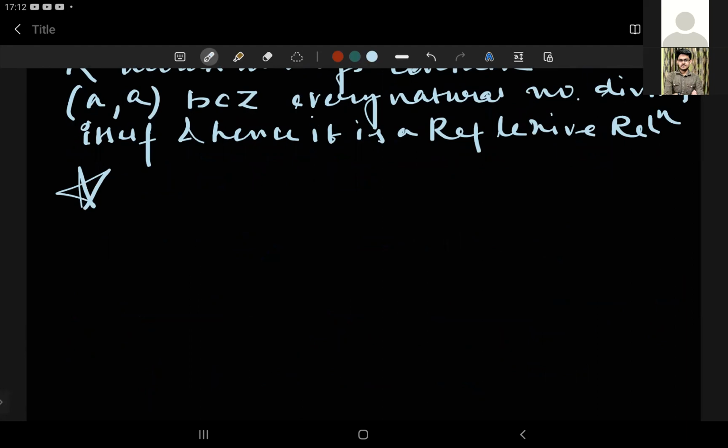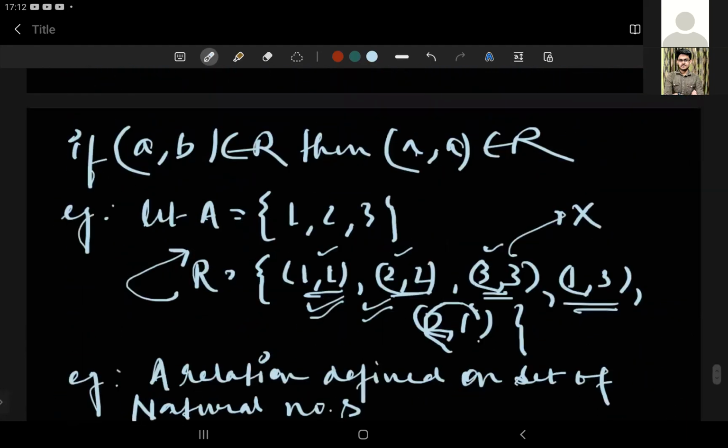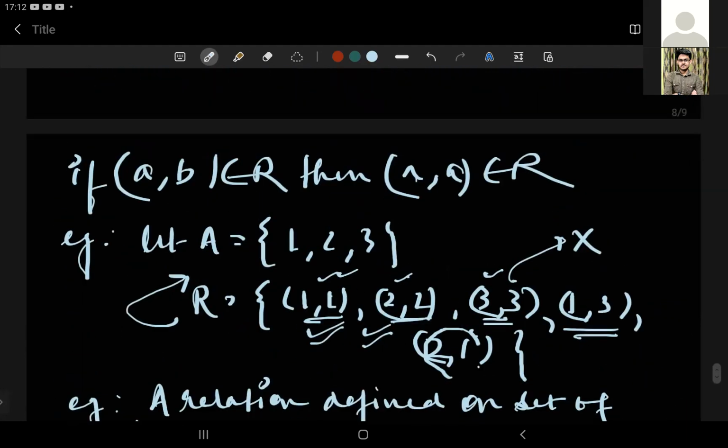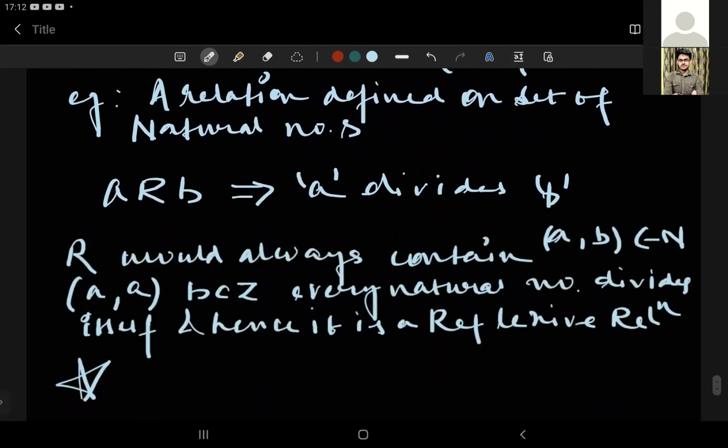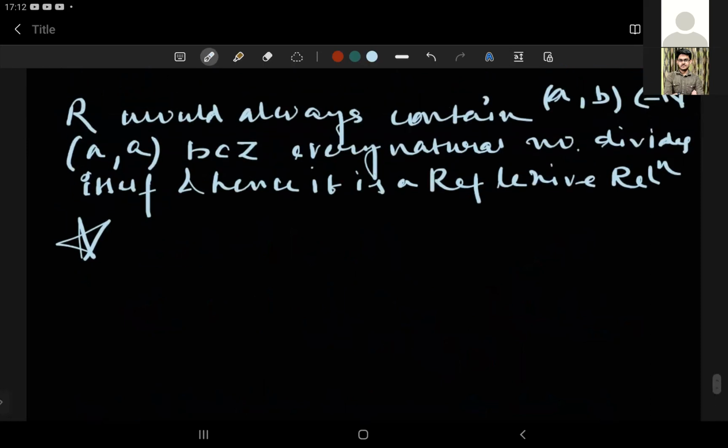And that is why I said to you that never look at these elements 1, 1, 2, 2, 3, 3, because they have to exist. If 1, 3 exists, or if I could have put here, let's say 3, 2, then the existence of 3, 3 was mandatory. Right? So never look at those elements. It's of no use. It will only waste your time.